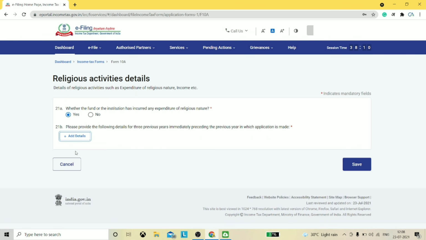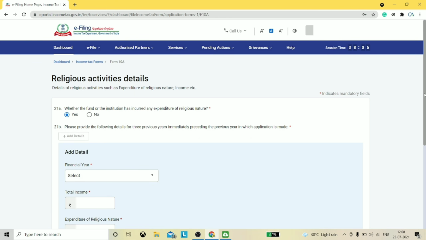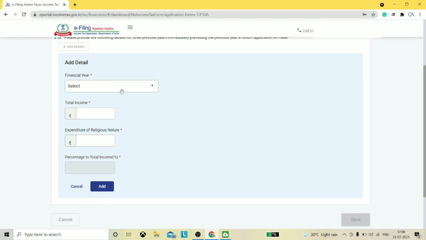When you click on add details, here you have to select the financial year, you have to mention the total income and the amount of expenditure which you have incurred and which is of only religious in nature have to be mentioned.